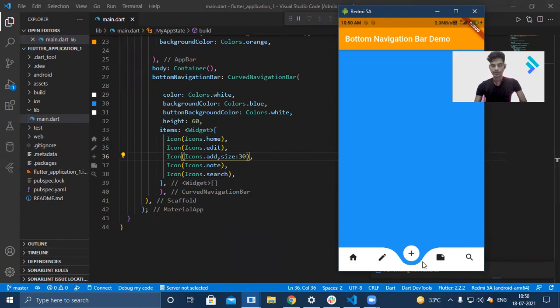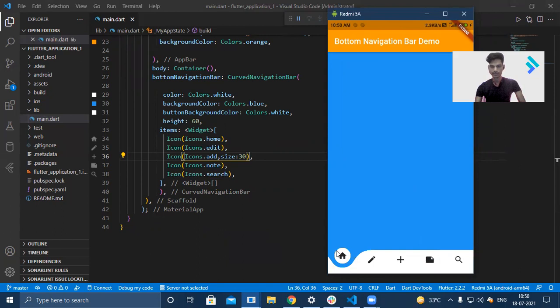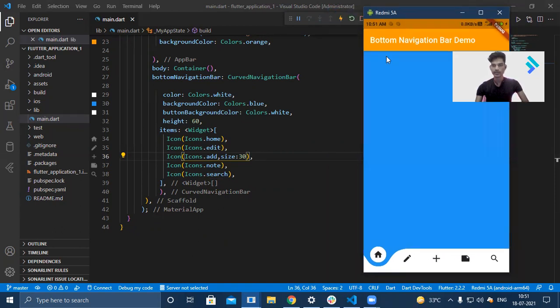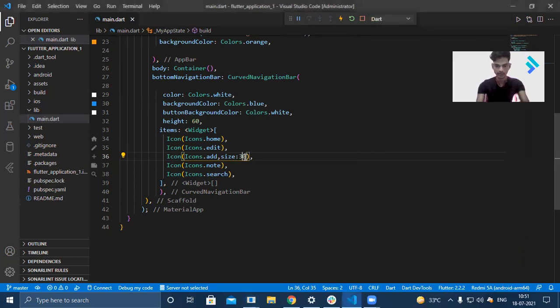you can see after the build is finished, it automatically selected the home one. So you can change the default tab, what you want to select by default whenever you run this app. Like if I select the plus one, you can see it is increased, and you can increase it. Like I'm going to give it as 40, and you can